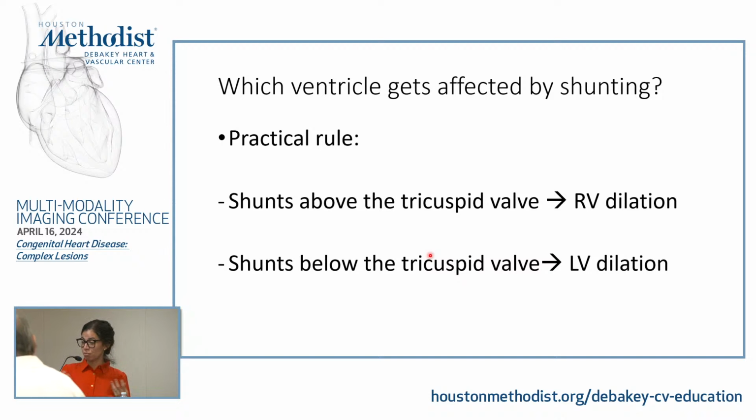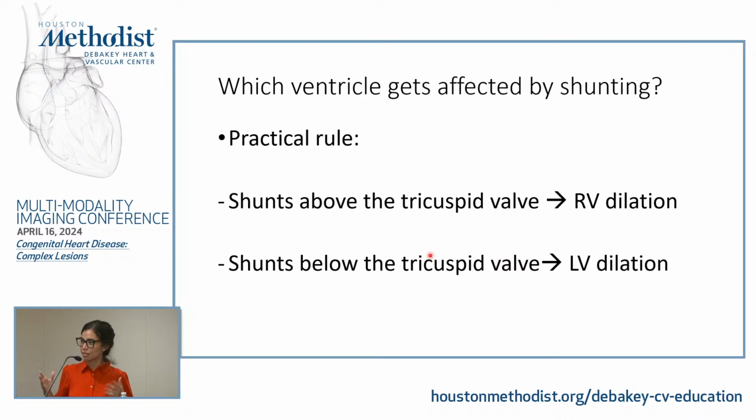So remember that we say all the details, right? So ASD alone is not going to cut it. Which ones? Secundum ASD, primum ASD, sinus venosus defect. Yes, what else? Coronary sinus defect or unroofed coronary sinus. And what else? PAPVR. Strong work. So all those defects happen, the shunting happens above the tricuspid valve and will lead to RA